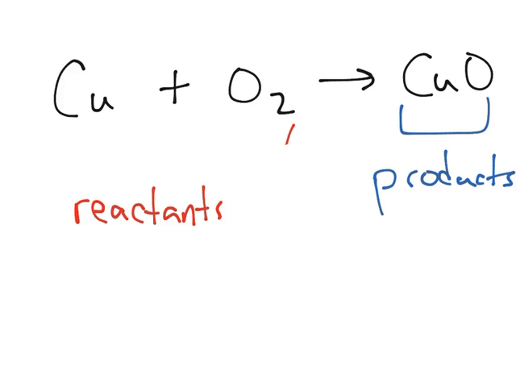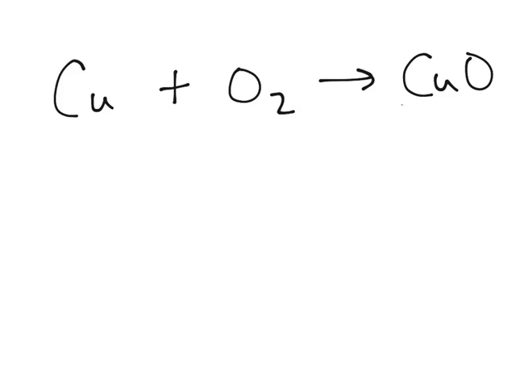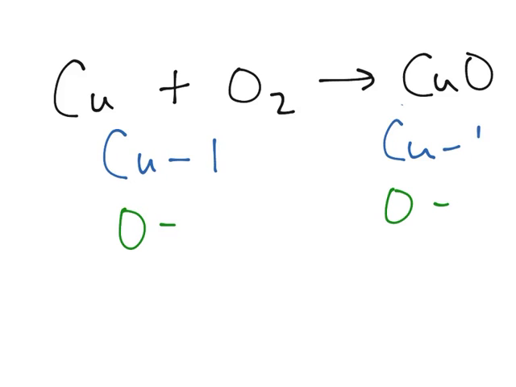So if we were to think about this chemical reaction that we have drawn, we have copper reacting with oxygen to make copper 2 oxide. If we were to count the atoms on each side, we'll count our coppers, then our oxygens. On the left, we have a single copper, and on the right, we have a single copper. On the left, because of this 2 underneath the oxygen, you actually have 2 oxygens, and on the right, there's only 1 oxygen. So with how this chemical equation stands right now, it appears that one of the oxygens is lost